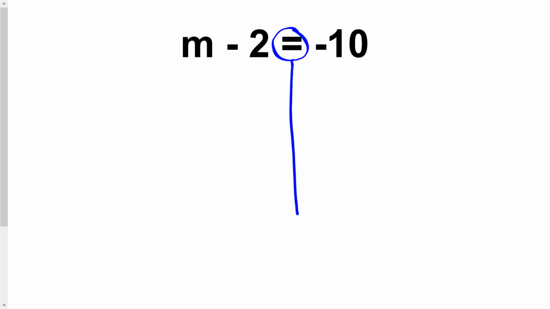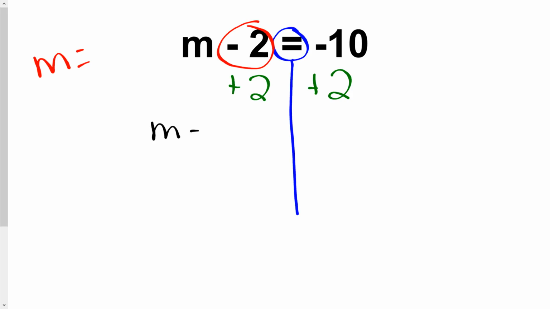So I have m minus 2 equals negative 10. This one's not as easy to do in our heads. If you can do it, great. So what is it that I have to do to both sides of the equation so that I can get m all by itself and just m equals? Well, we have to do the opposite of minus 2, which is plus 2. And again, remember the lollipop is here to show me that if I do something to one side of the equation, I have to do it to the other. So add 2 to both sides. It's going to leave me with